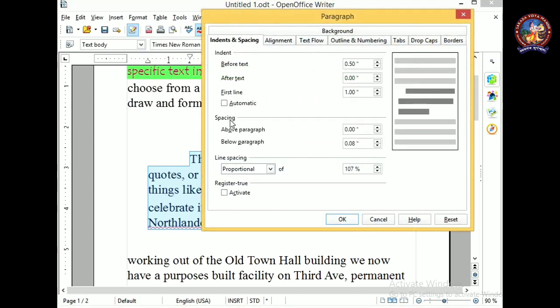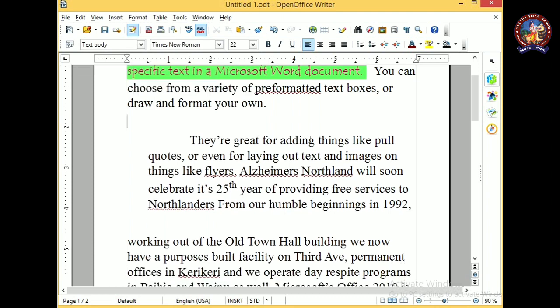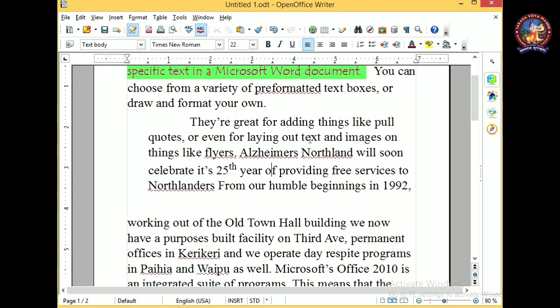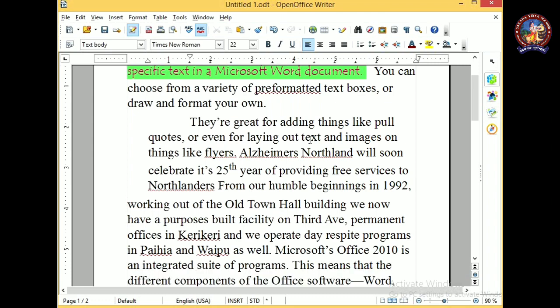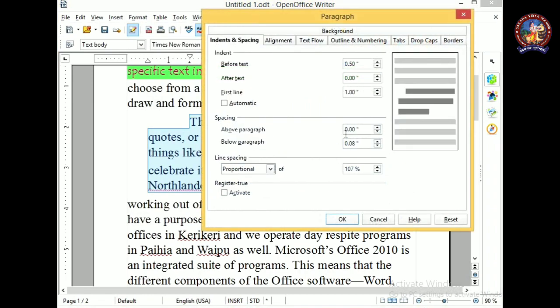So there is spacing. This is paragraph spacing and this is line spacing. Paragraph spacing denotes the gap after each paragraph. So let's delete the remaining blank spaces. So now there is no blank space. So now we are going to change the paragraph spacing. So format paragraph. So above paragraph how much portion I want to leave, and after the paragraph. So before the paragraph I want to leave 1.5 inch gap, and after the paragraph I want to leave 1 inch gap. So click on OK.